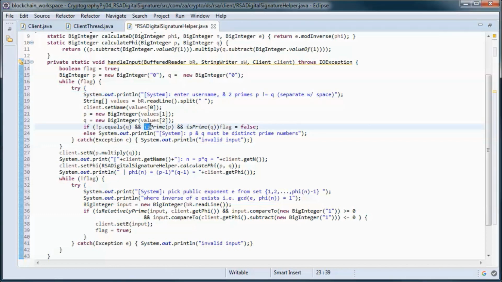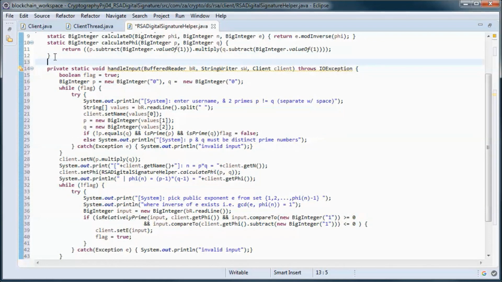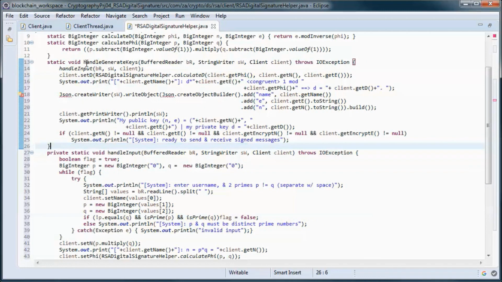And here we make use of the is prime method, and we set n to be p times q, and we calculate and set phi, and we prompt the user for the public exponent, and we make use of the is relatively prime method, and we end up calling this method from here.